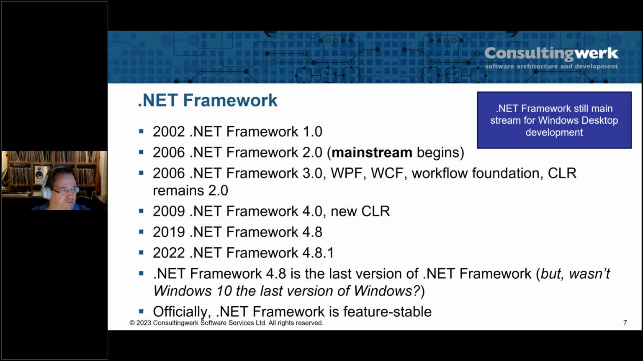One big milestone was the .NET Framework 2.0, where I think it really became the mainstream for developing OpenEdge GUI applications. Then there was version 3 of the .NET Framework, where new front-end technologies with WPF and new integration technologies with the Windows Communication Foundation and the Workflow Foundation were added. 2009 saw the release of the .NET Framework 4.0, a new version of the CLR, with some new features in the runtime. And now we're seeing the .NET Framework 4.8